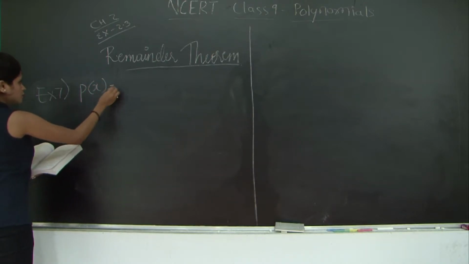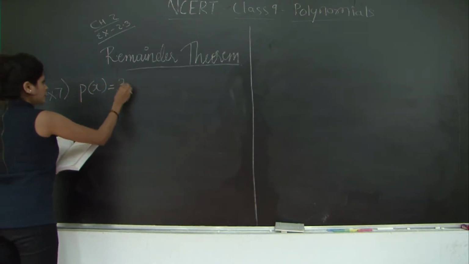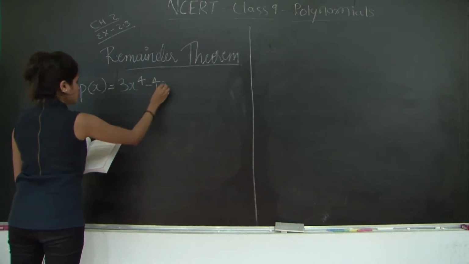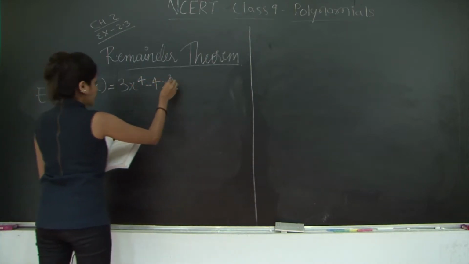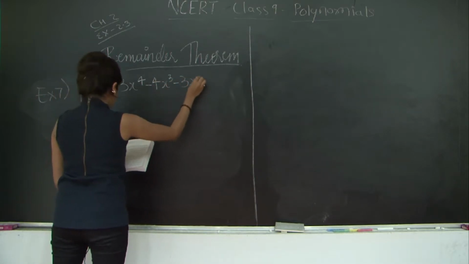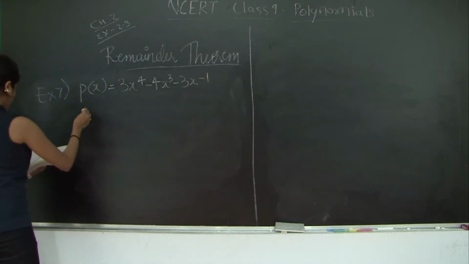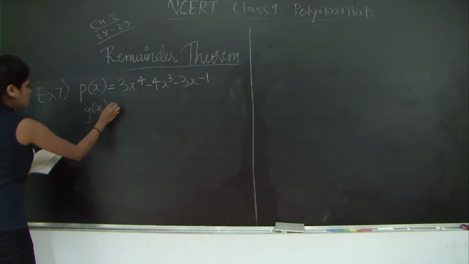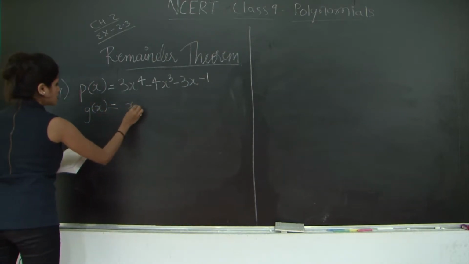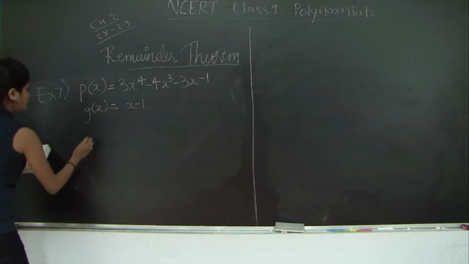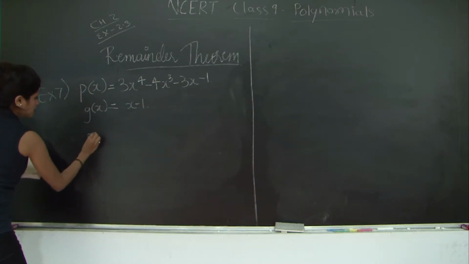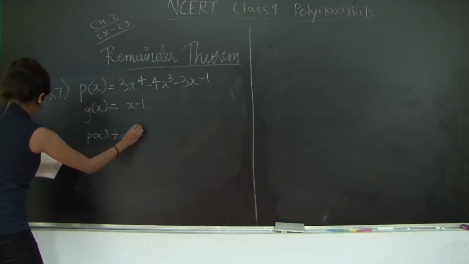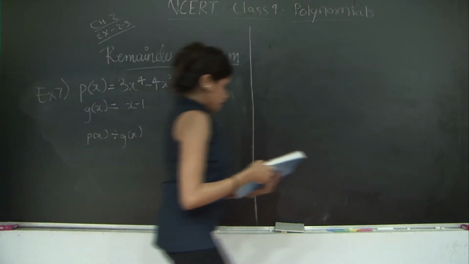Px is equal to 3x^4 minus 4x^3 minus 3x minus 1, and I have to divide it by another polynomial. Gx is equal to x minus 1. So you have to divide Px by Gx. Again,